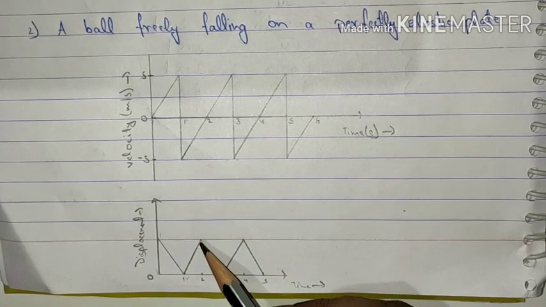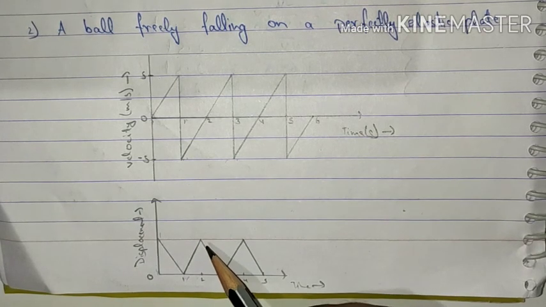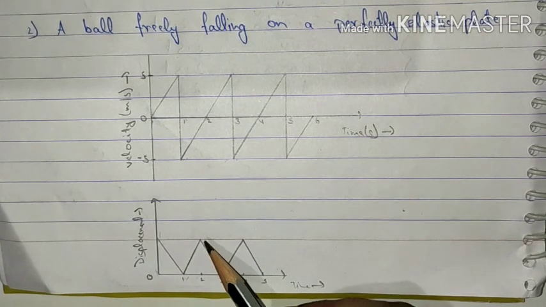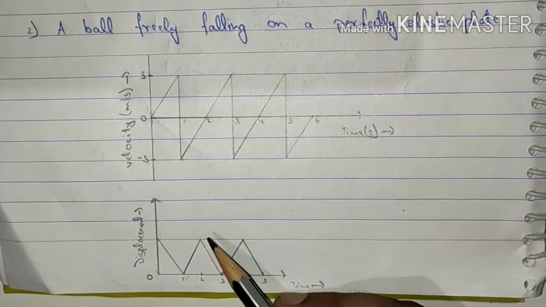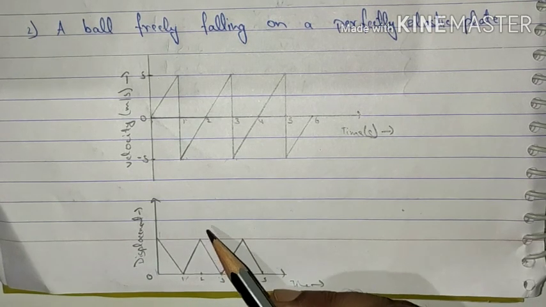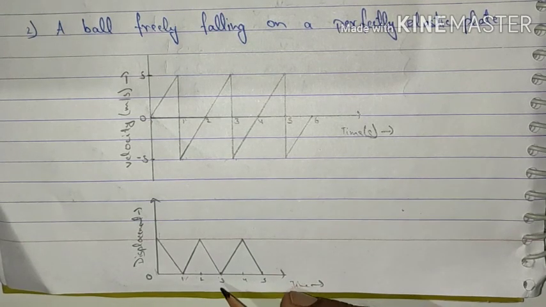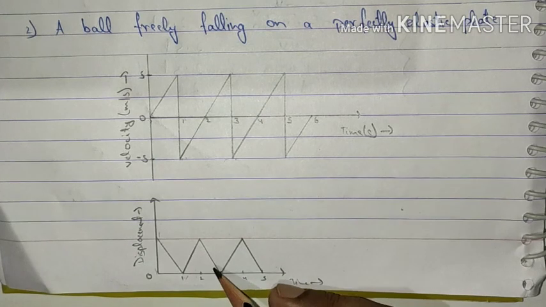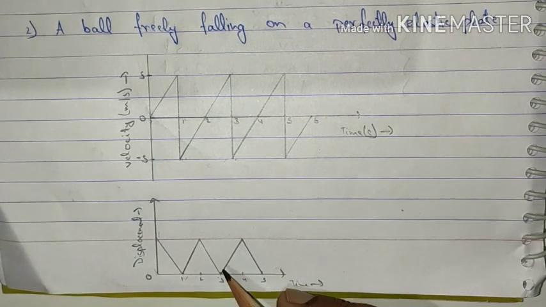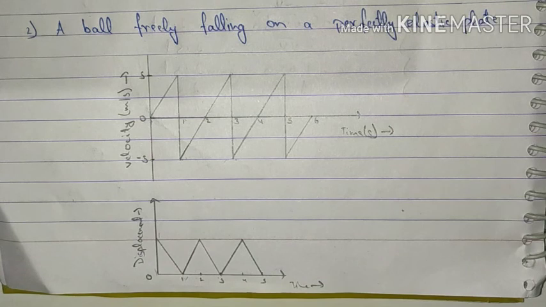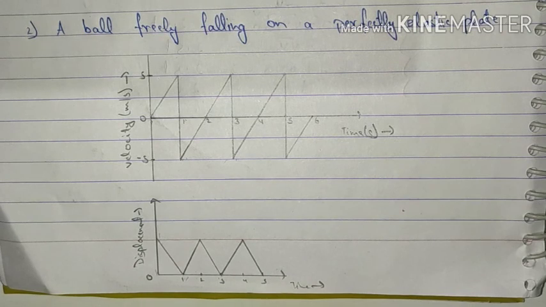On rising back to the same height, it attains a maximum displacement, and because the velocity had become 0, it will fall back again. As soon as it falls back again and touches the ground, its displacement becomes 0 again. Again, I would like to tell you that in this particular graph, I am referring the motion with respect to the floor. That is, the reference point is the floor over here.